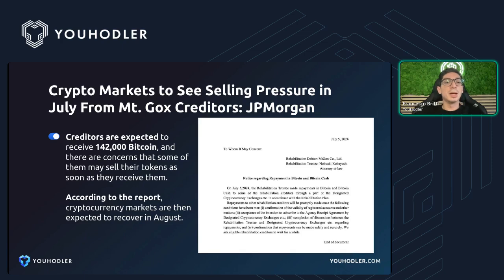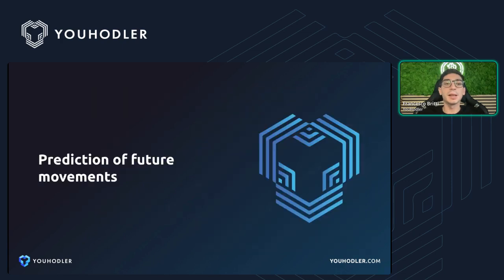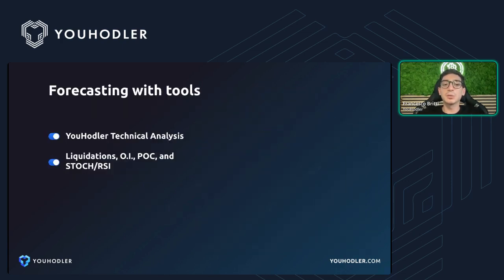So of course, there are more than 142,000 bitcoins. So we are talking of billions of dollars that will be given back to the owners, and probably since they bought Bitcoin at a really cheap price, we are talking about hundreds of dollars, they will probably sell on the open market as well. So there is also this thing to keep always in mind, and to know how to use that data to actually